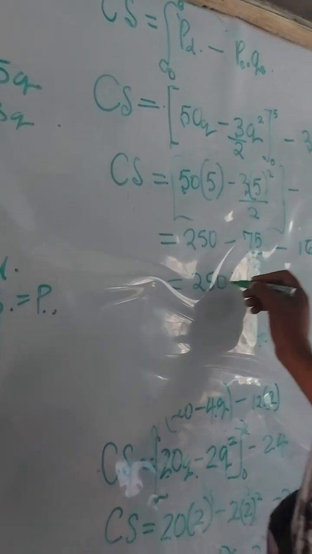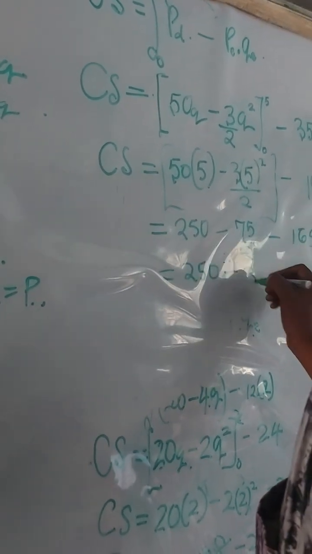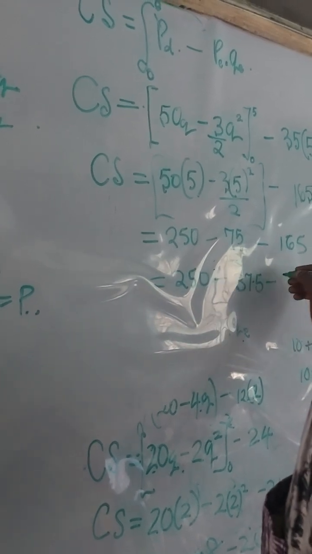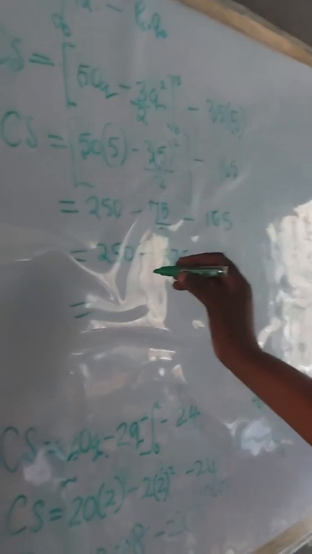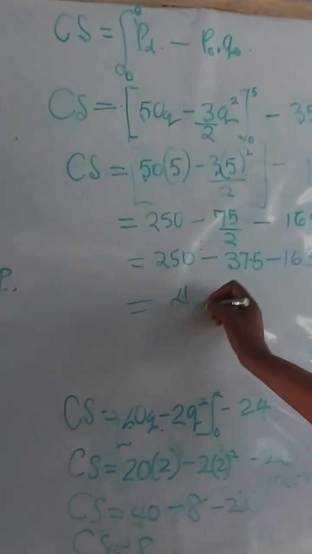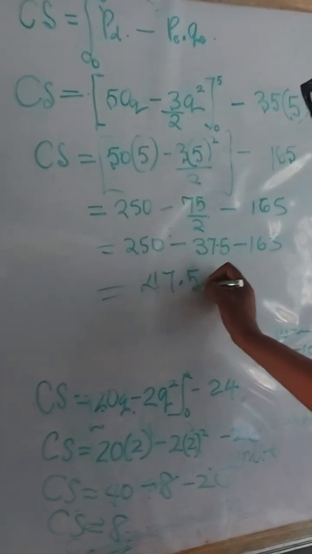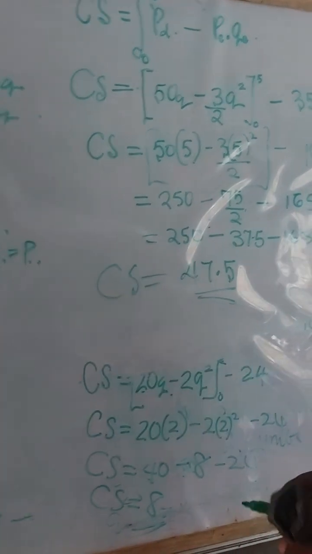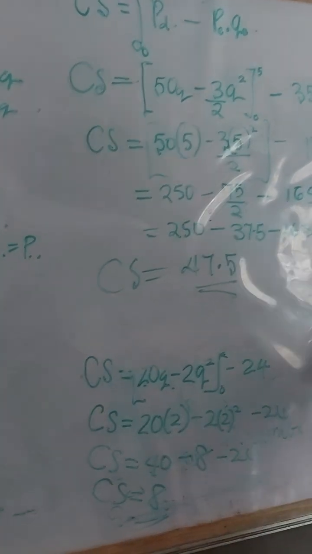So what do you have here? 250 minus 37.5 minus 175. Give me the final figure. And that will give you 37.5. So that's our consumer surplus. Please, do you understand that? Now, for the producer's